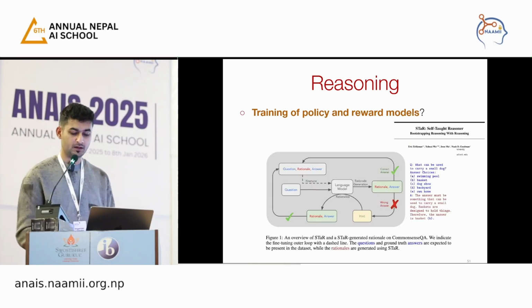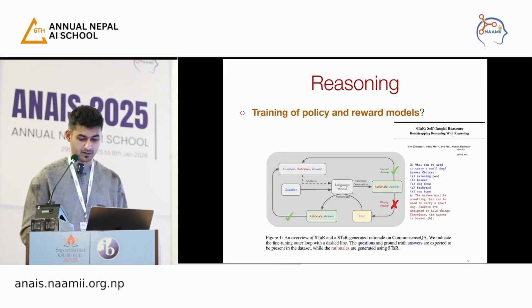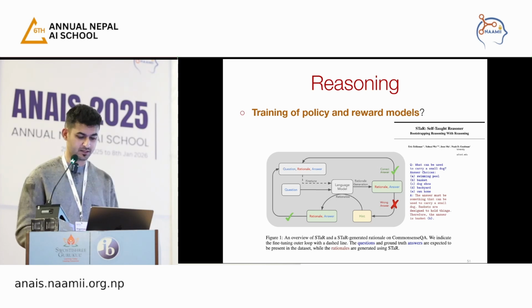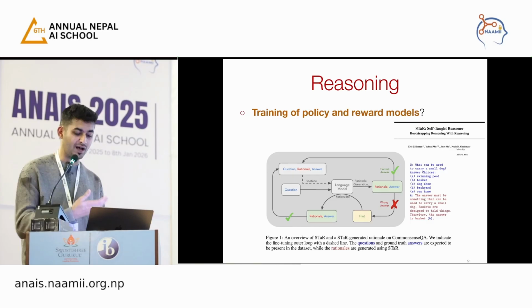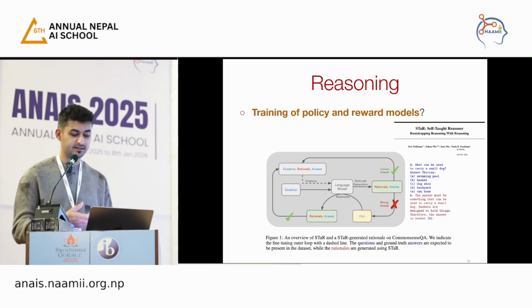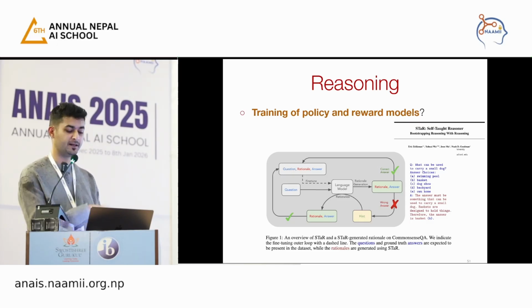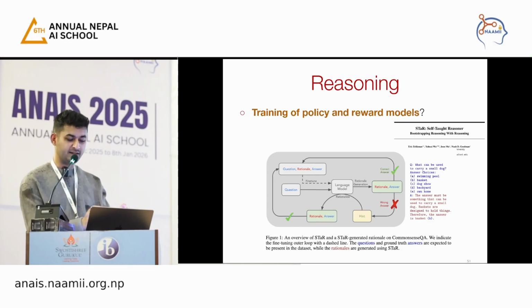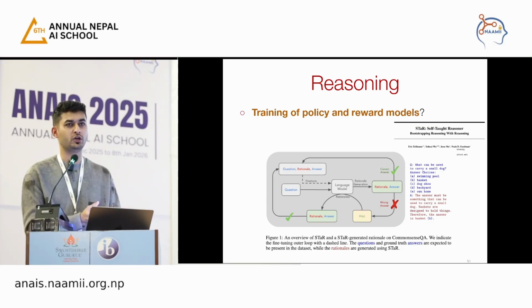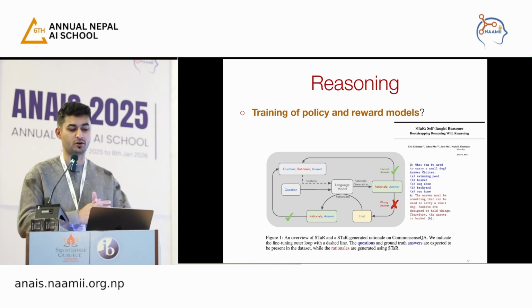There's another very landmark work called Self-Taught Reasoner. It was by Eric, who is now at xAI or something. He used to be a student at Stanford. They call this Self-Taught Reasoner, which is bootstrapping reasoning with reasoning. You ask an LLM to generate a rationale and then see whether the answer is correct or not. If it's correct, then use it for fine-tuning. If it's incorrect, then give a hint, generate a rationale again, and then use it back to the model. If you look at this, there's a lot of self-looping going on here, and that's precisely why it's called Self-Taught Reasoner.